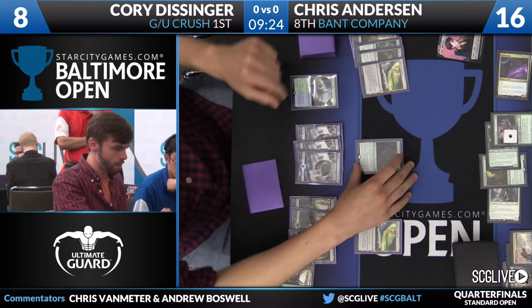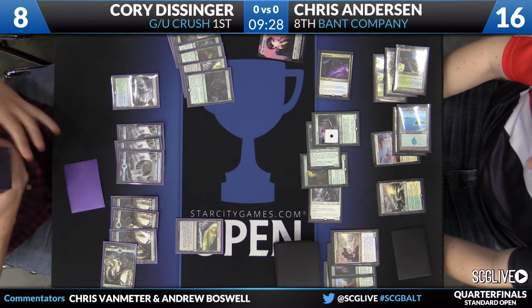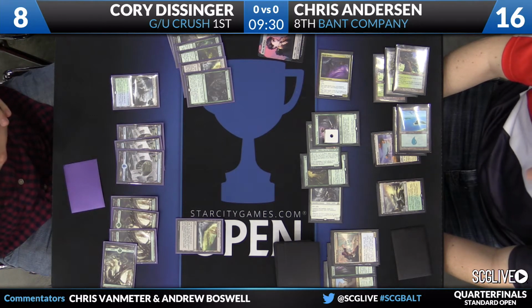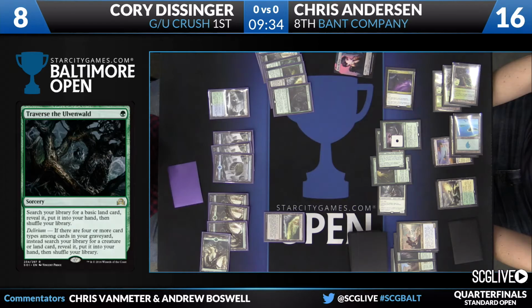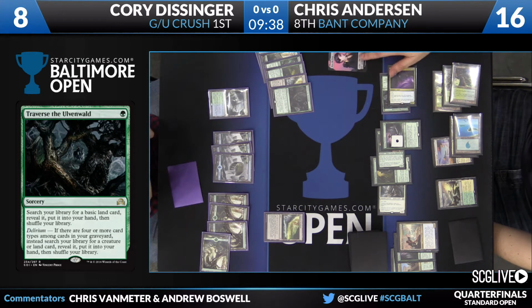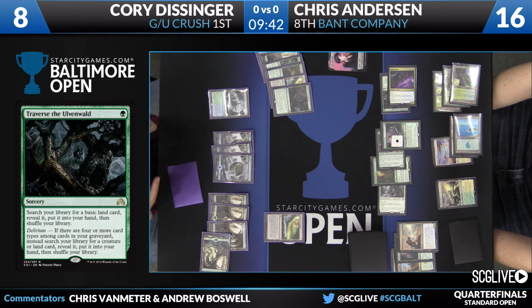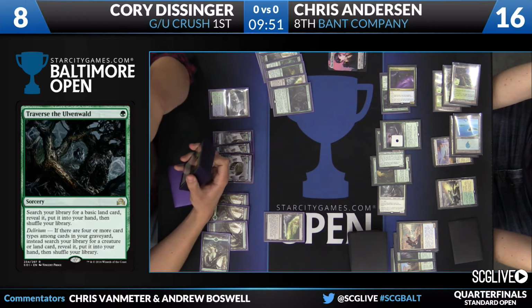Looks like we did draw another copy of Traverse the Ulvenwald. And an Ishkana here would be quite nice. They do all enter the battlefield tapped, though. Oh, that's right. So I wonder what Cory can even do here. He might be able to get a Den Protector. A Den Protector would allow him to get back a Pulse of Murasa, yeah, and then cast the Pulse on an Emrakul. Yep. But it looks like Chris is able to attack for, let's see, 2, 6...